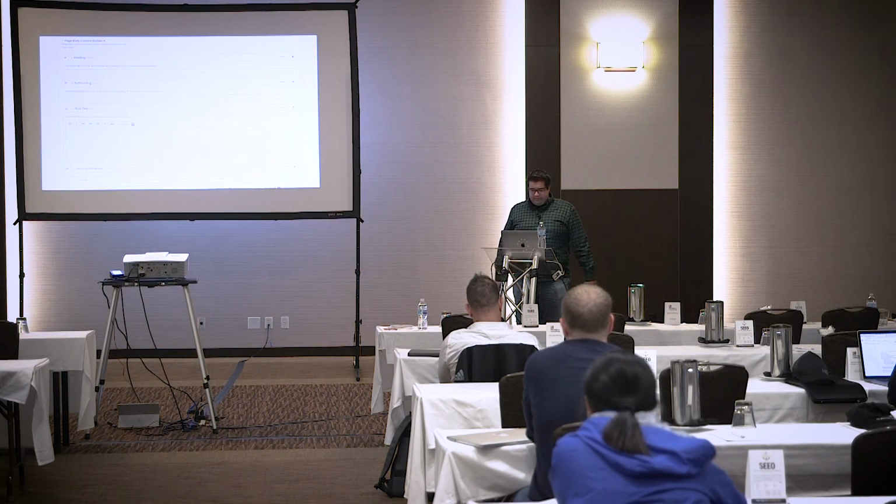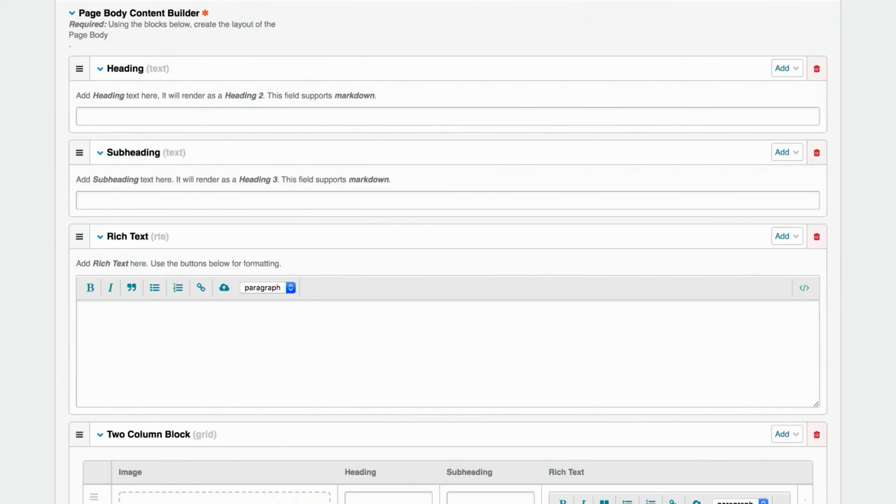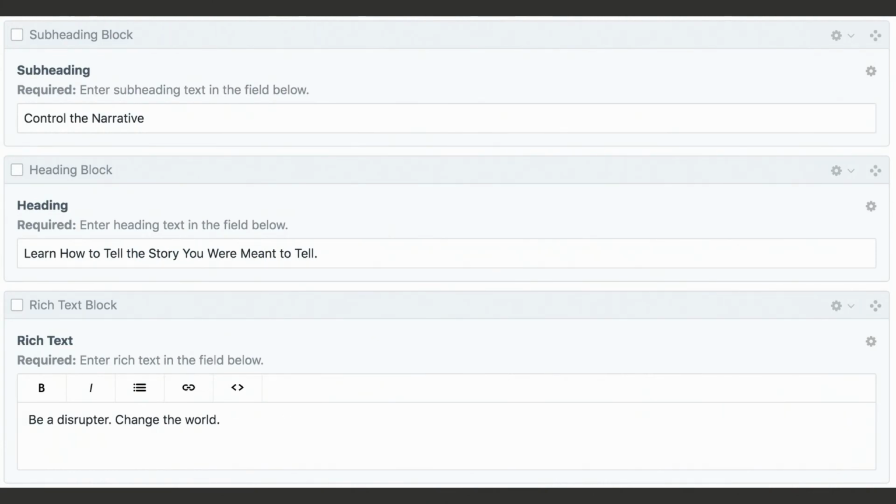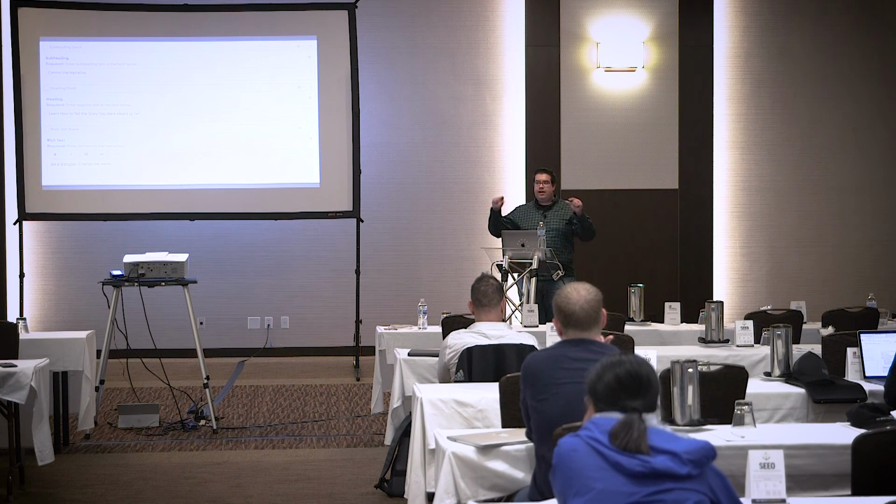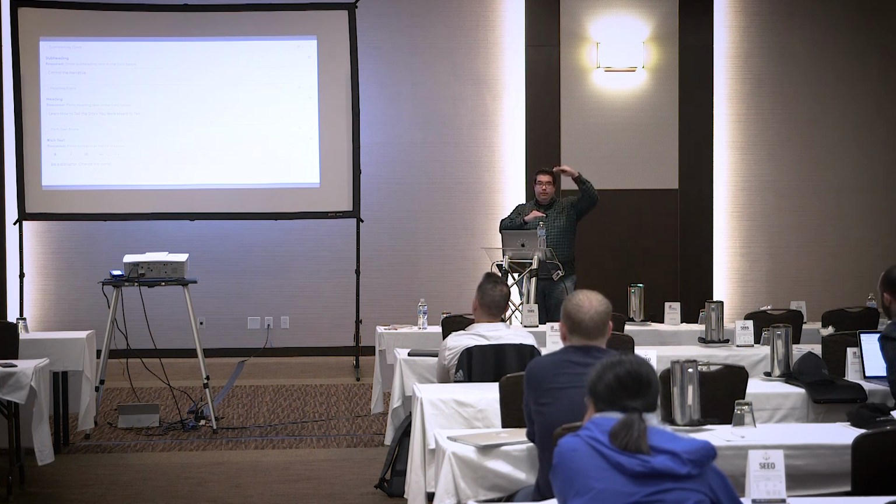Let's start with naming conventions though. You'll notice here this is a fluid field, and we have things named like heading, subheading, rich text, 2-column block. We have a similar setup here with Craft: subheading, heading, rich text. Now, you'll notice those are referring to the specific thing, the heading and the subheading. We're not calling something header when we really mean it's going to be an H1 or an H2, the specific heading. The header would be the entire block.